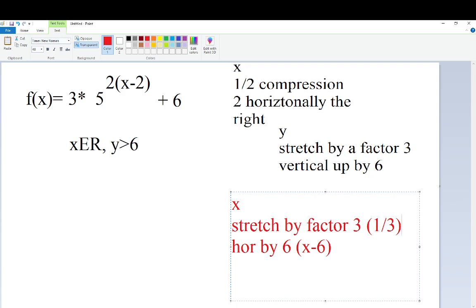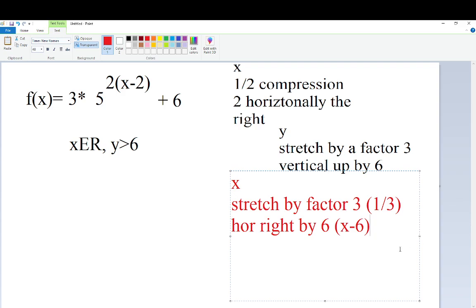So I would put a third in front of the bracket and x minus 6 to get it horizontally right by 6. Now let's look at our y transformations. It's exactly whatever the x says up above. So our y translations for this will be, I'll just put y there. It's going to be compression by a half. So it's going to do exactly as it says. And horizontally to the right is 2 up. So vertically translated